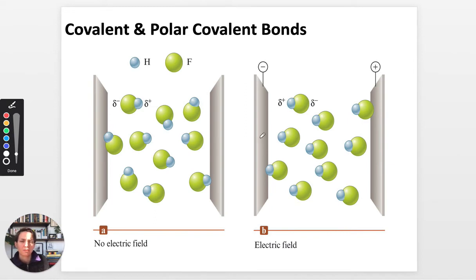If you then were to apply an electric field to that environment, all of those molecules are going to line up such that their slightly positive pole is going to orient itself to the negative end, and the slightly negative will orient itself to the positive. So that's really significant, because this shows that